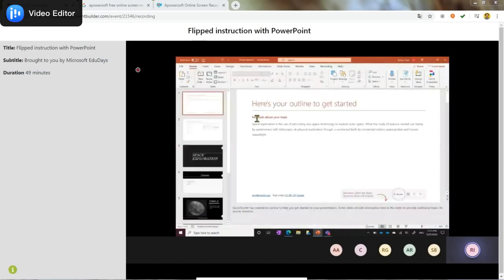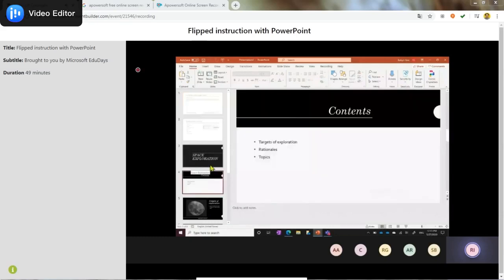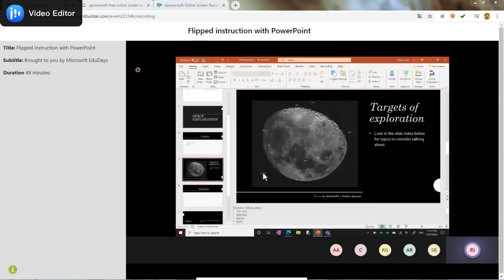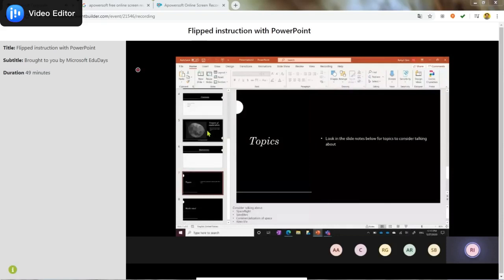It even gives me a definition from Wikipedia that I can choose to use or get rid of. It gives me a title slide, a table of contents, some images that I can choose to use or not use, but you can see that this image is from NASA in the public domain, which is great, and click through. So I can then go ahead and change all this, but Quick Starter is a nice tool if you would not like to start from scratch.